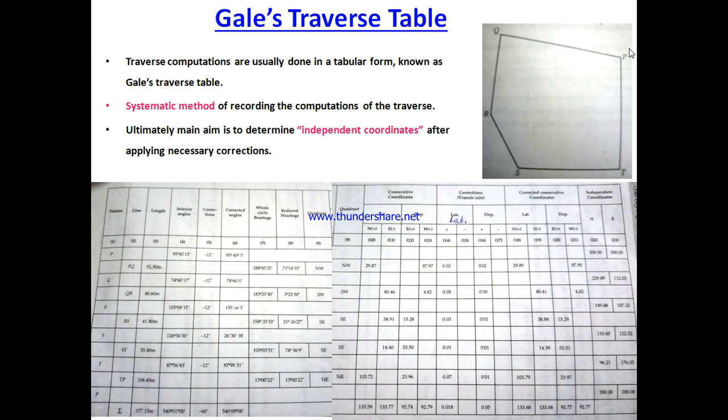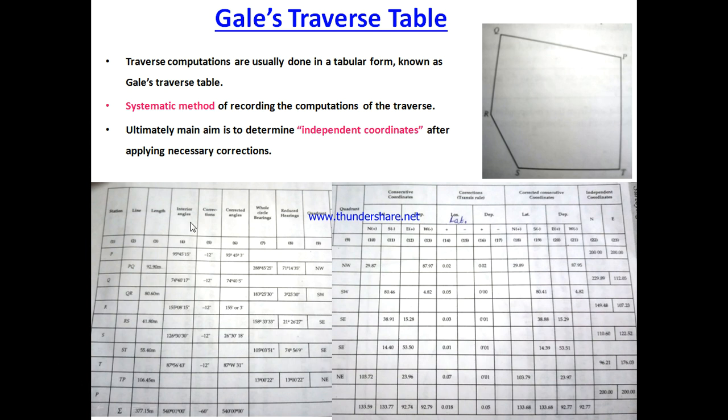The length of each traverse line we have already calculated with the help of either chain or tape, linear measurement equipment. Suppose these are the lengths of the different traverse lines. These are the interior angles we have calculated with the help of theodolite. Now after that our actual correction will start. These are something which we have in prior. Apart from these 4 columns with values from the theodolite, we have the value of bearing of the first line PQ.